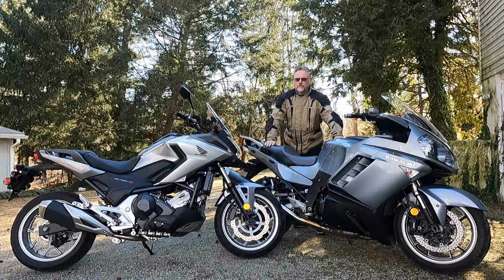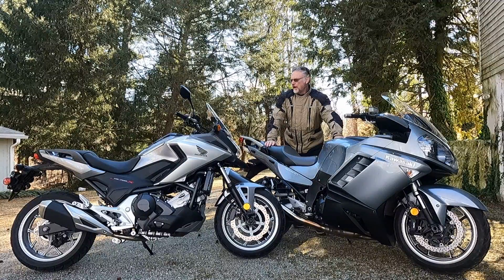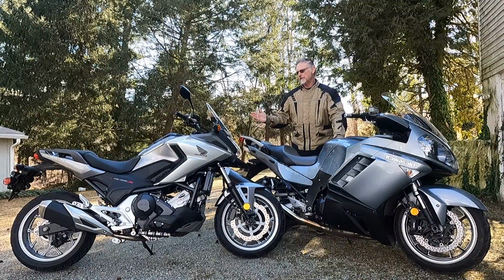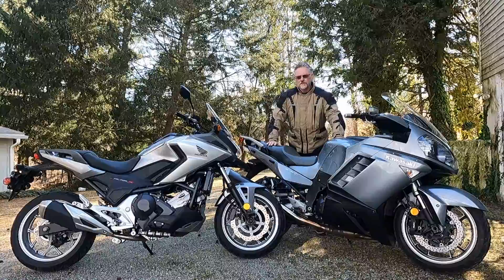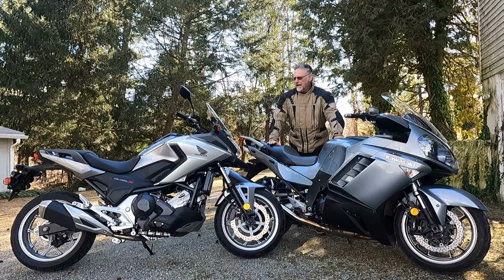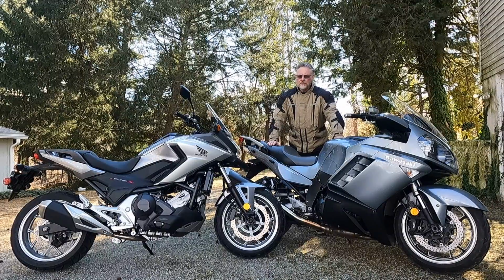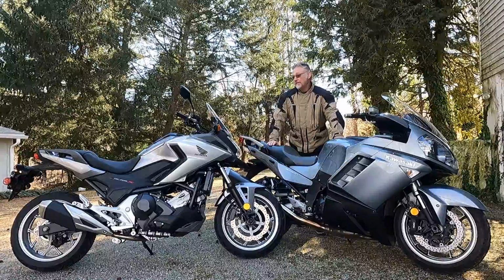That's fun. What a lot of fun. Each of these bikes is just tremendously nice to ride in their own way. I would say if you're a beginner rider or less experienced, really you can't go wrong with a bike like the NC700X. It has just easy handling characteristics, great convenience features, great safety features,